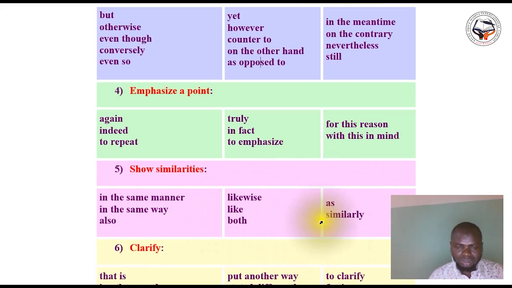Okay, so these expressions are used to show similarities.